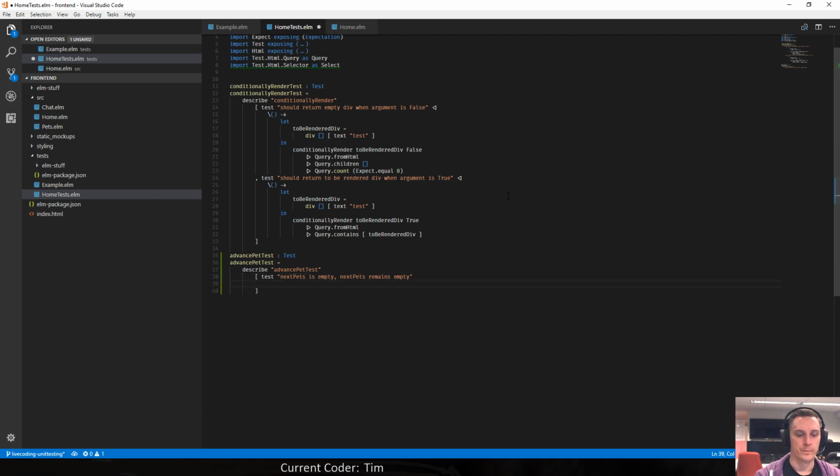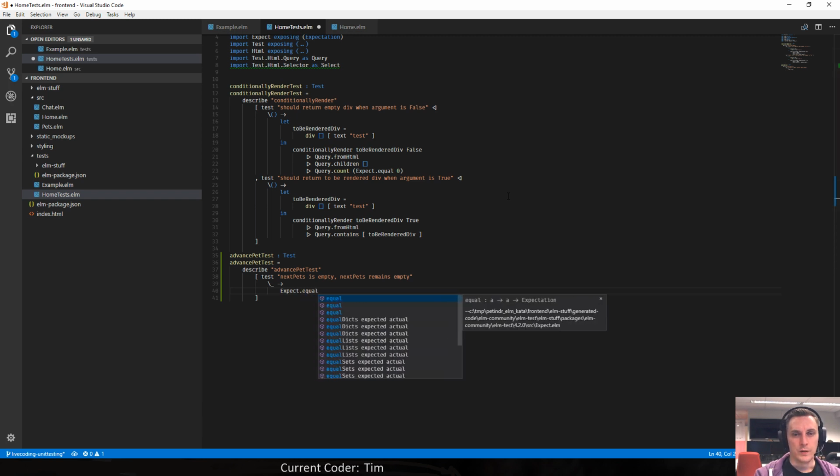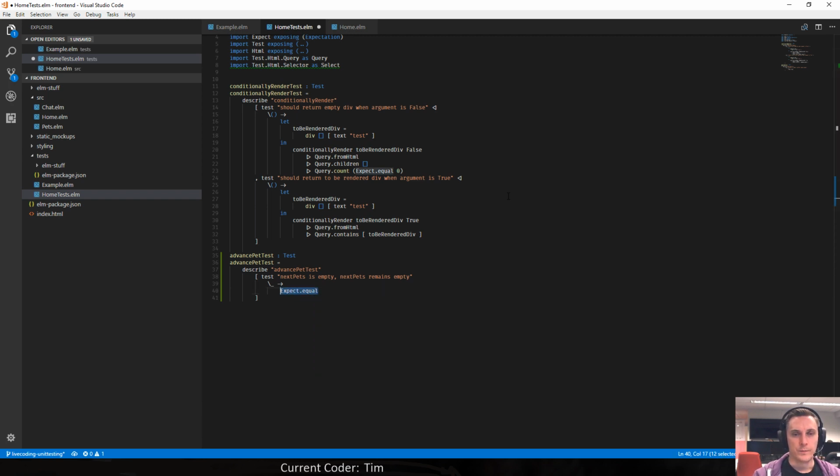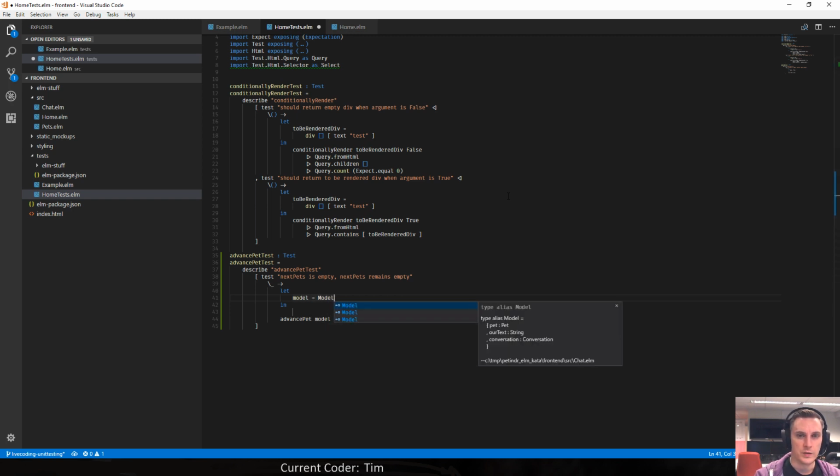Ooh, I thought this was deprecated. Then we expect equal. What do we expect equal? Our advanced pet with model, which we don't yet have. Let in model is what, it's a model.